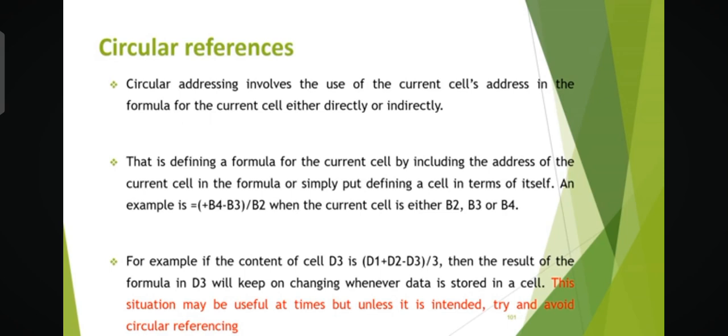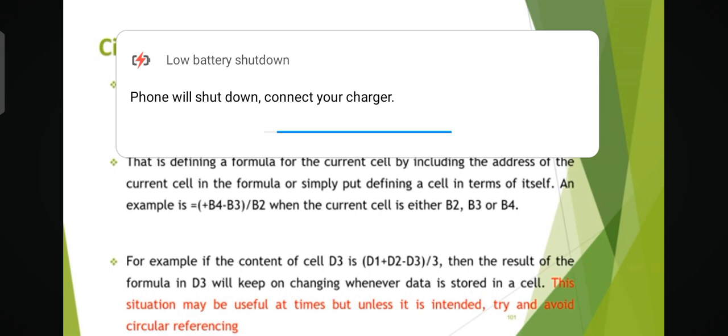And what we are doing here currently, where we are going to store this particular formula, if it's either cell B4 that we are putting this formula inside, or cell B3 or B2, then we would have a circular cell reference, because the cell where we are storing the formula is part of it. That particular cell reference is part of it. And that gives us a circular cell reference. So for example, if the content of the cell B3